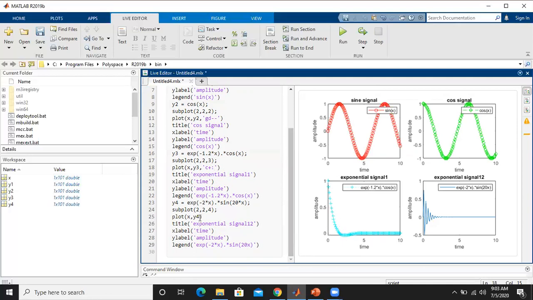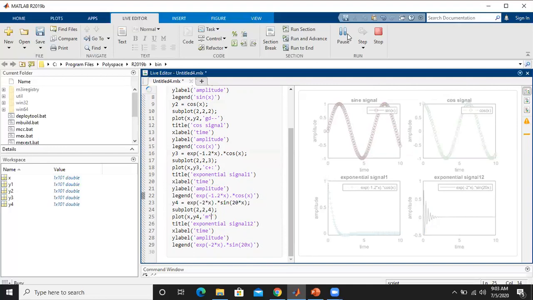Now go to function 4, plot command. If you wish to see the color of the graph in magenta, and if you want to give the marker style as upper triangle, that is caret, then run it so that you can observe that. So whatever options you want to give, you can give.